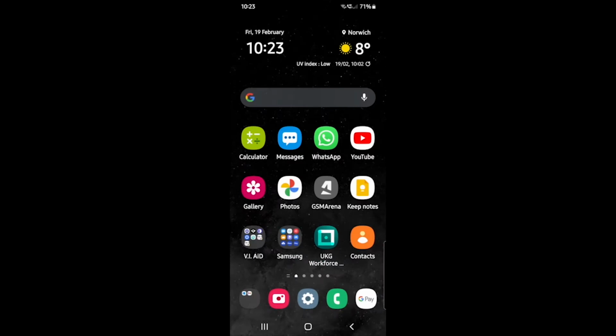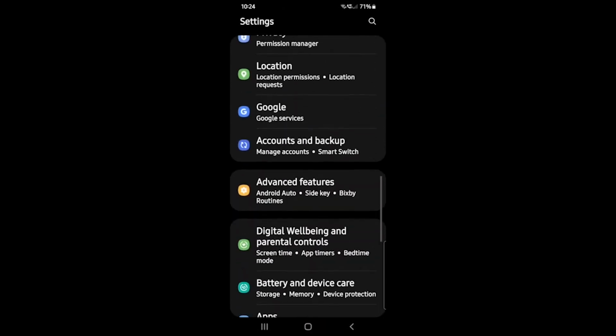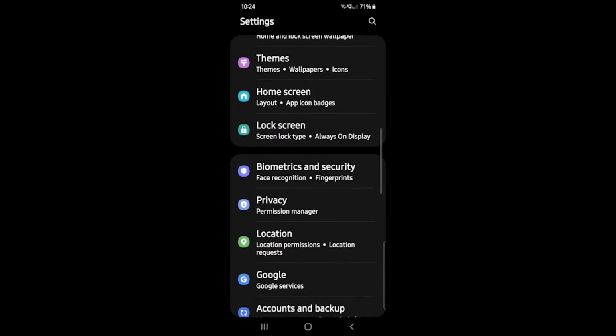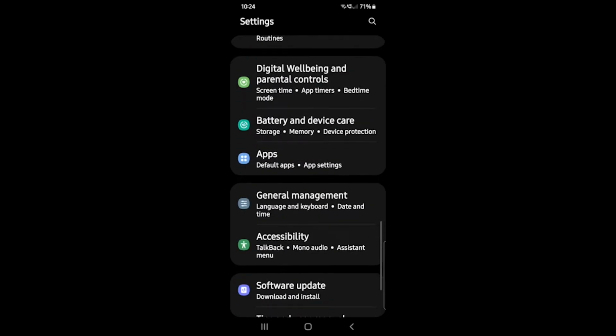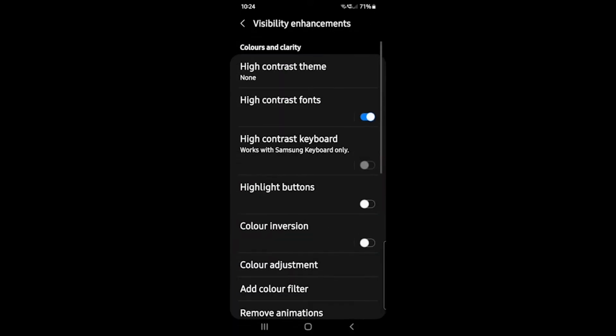So one last thing I want to talk about is magnifier. So your screen can be magnified at any point in time, and you can also add it as a shortcut onto your actual main screen, and I'll show you how to do that now. So we go on into settings, you look for your accessibility just there, and then you go on to visibility enhancements,